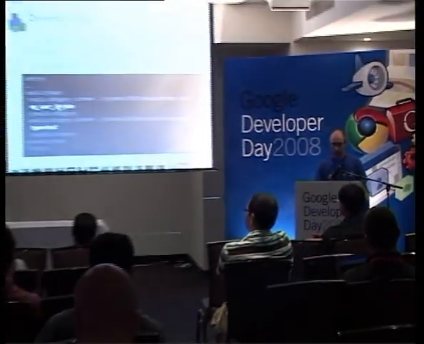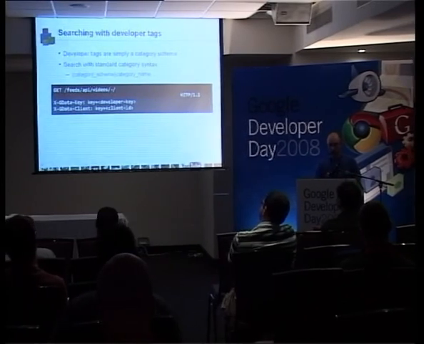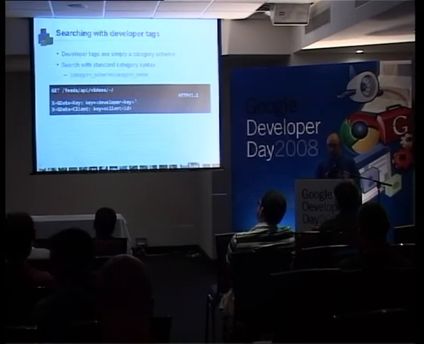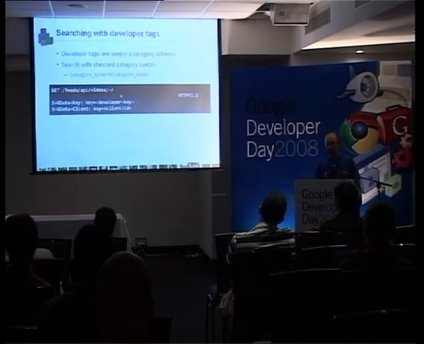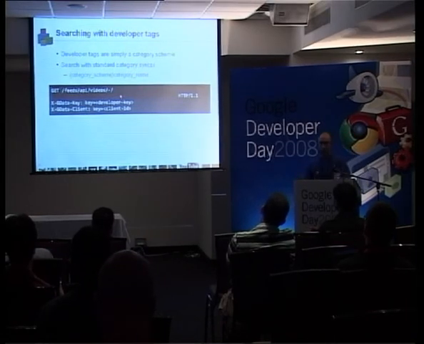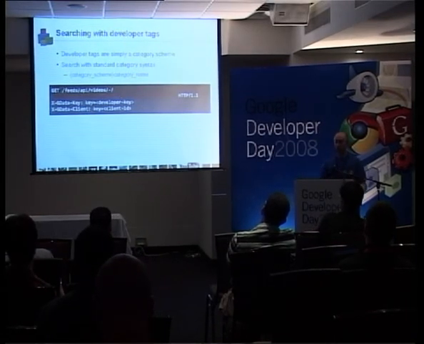Okay, so this is how to add it. So in the media group, you're going to provide this. This is developer tag. This is the tag itself. And then to search, get, feed, and you're going to provide. It's a bit funky way of providing it, but this is the way to query it. Don't worry about the syntax. All this is online. It's just that you know that you can do that.